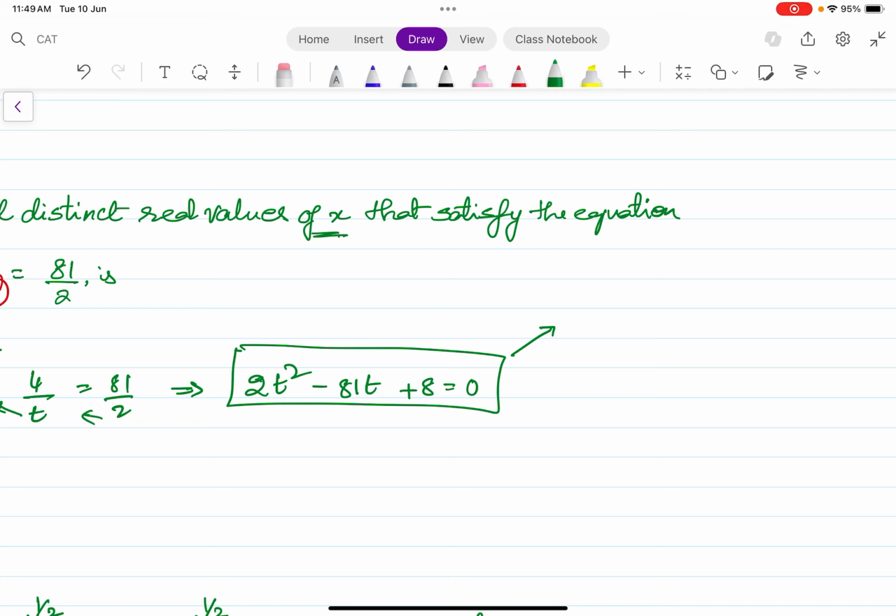If you remember, the formula is minus b plus or minus square root of b square minus 4ac, by 2a, and then solve for that, or you can simply substitute values and check. If it is minus, what are the possible values here? The product is 16 and the sum of the roots is 81. Since it will become a tedious process to go through that method, if you observe clearly here,